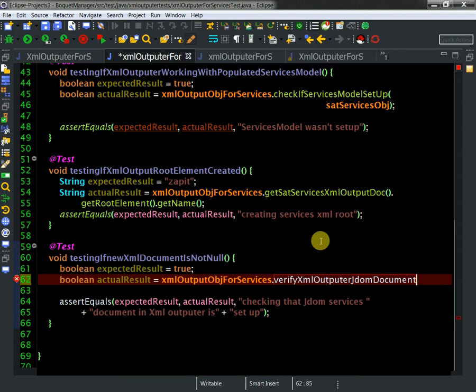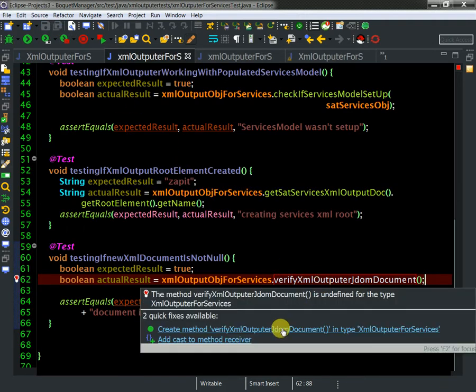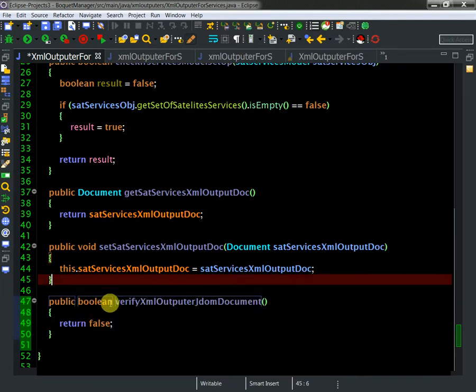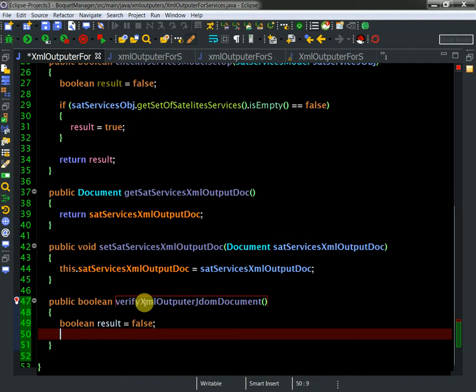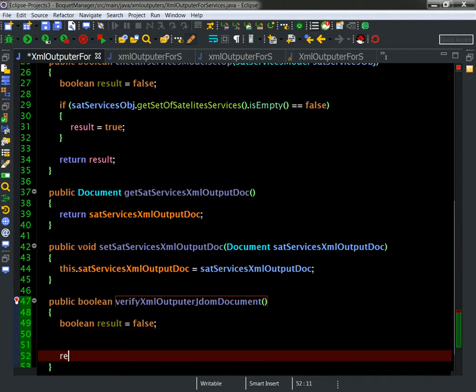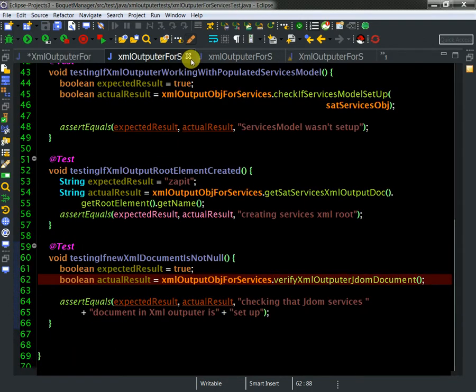I think I will use the same name for this method. And basically here it does some same work. Boolean result false. Of course I need to return result,